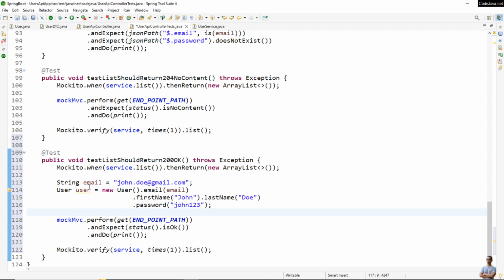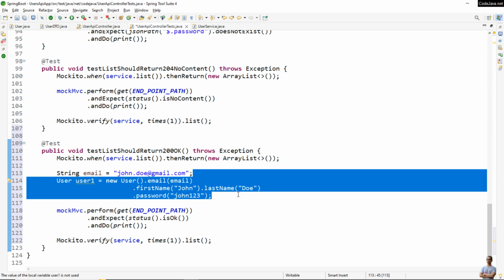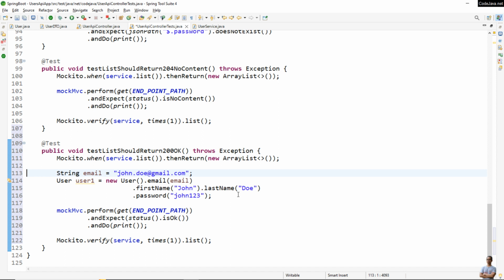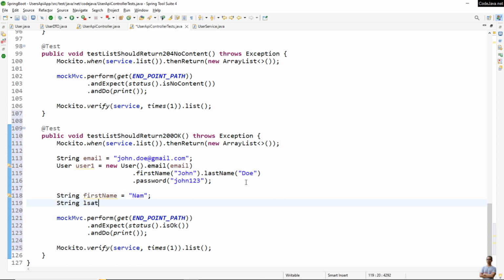The first one, user one. We set the values for the fields. And the second one. And for the second user, we declare the fields first name and last name. First name is Nam. Last name is